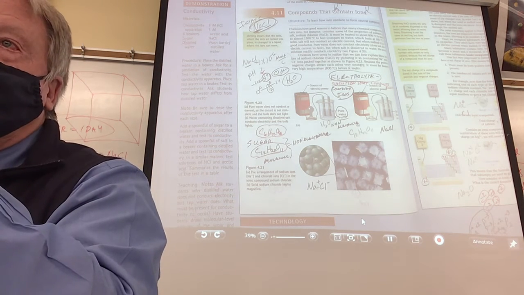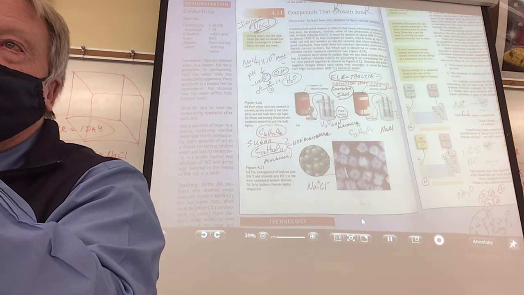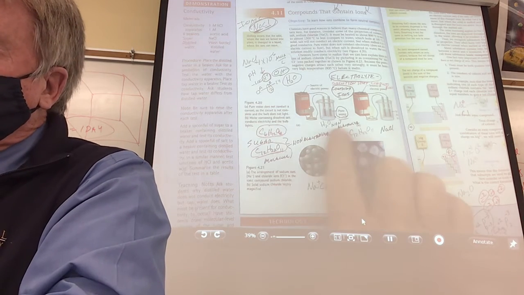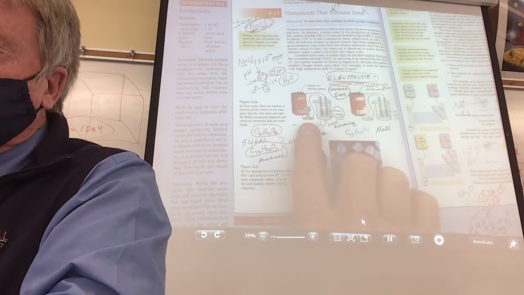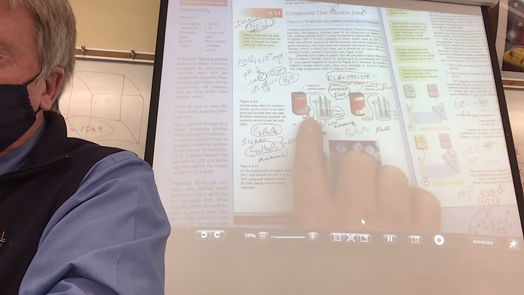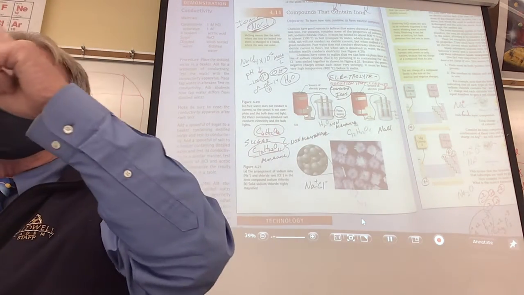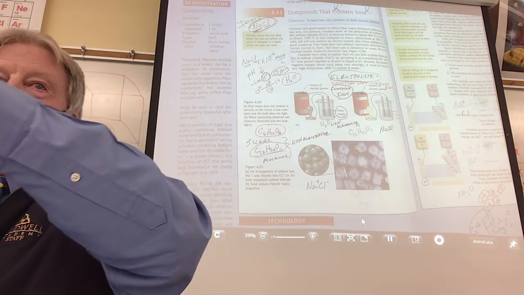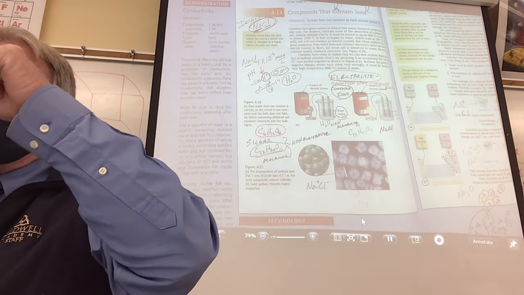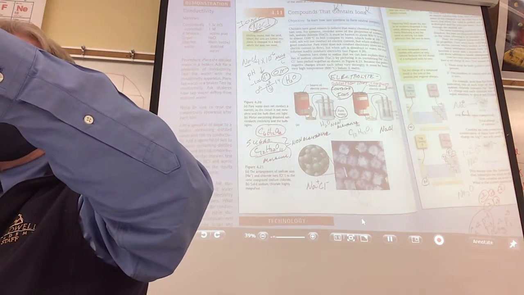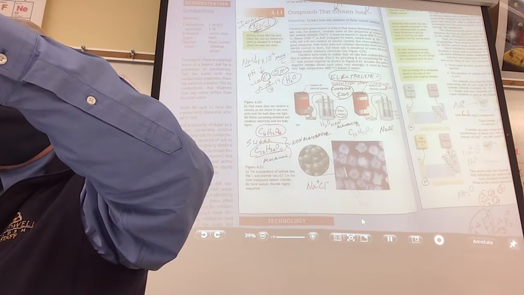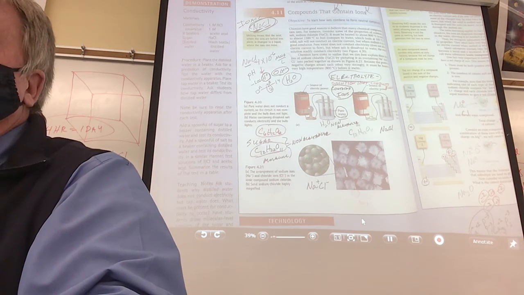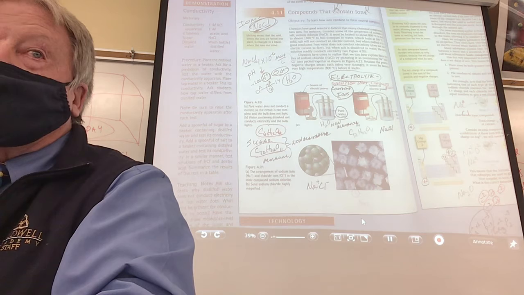Now, guess what? They're not made of ions. When you put them in water, there are no ions to carry the charge. So if you were to make one of these little apparatus, look at this apparatus. Battery, light bulb, 2 electrodes. If you touch the 2 electrodes, will the light bulb come on? Yes, because you completed the circuit. Now, you put them in pure water. Will the light bulb come on? No, because the charge can't travel through pure water. So you'd say pure water is a what? Non-electrolyte.